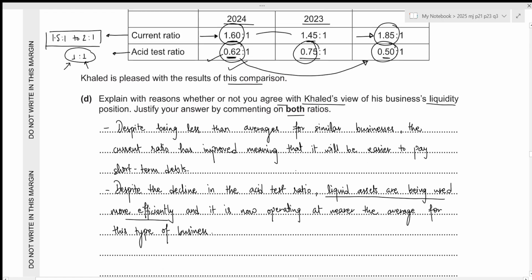Now we can talk about the averages. So the current ratio remains below the average for similar businesses, right? Because the average is 1.85, whereas it is below at 1.60. And as a result, we might have difficulty in paying short-term debts. Let's write it down. The current ratio